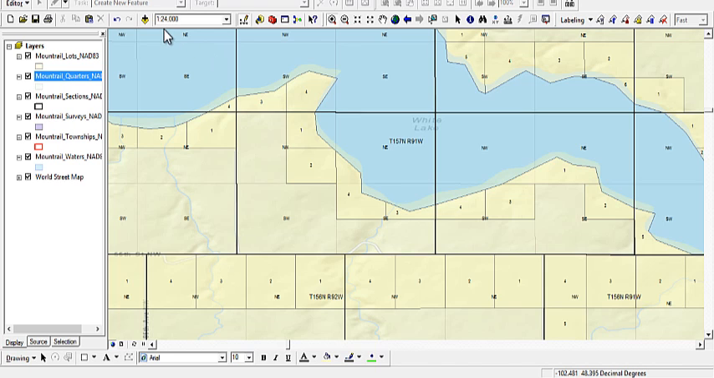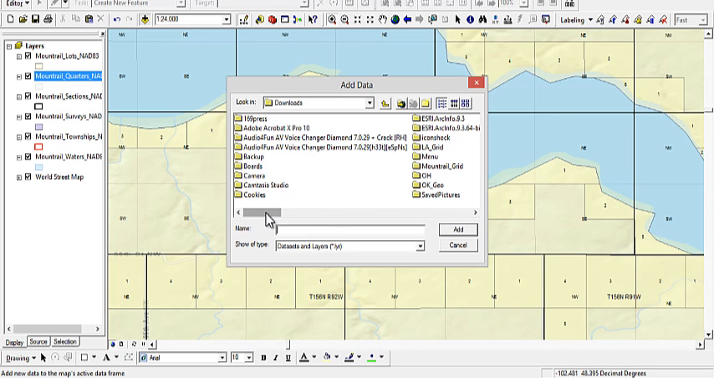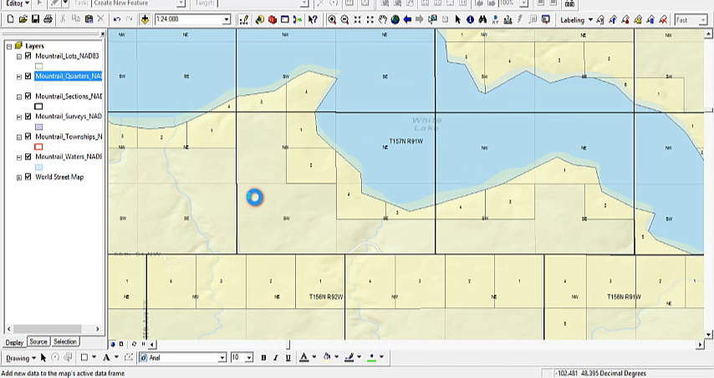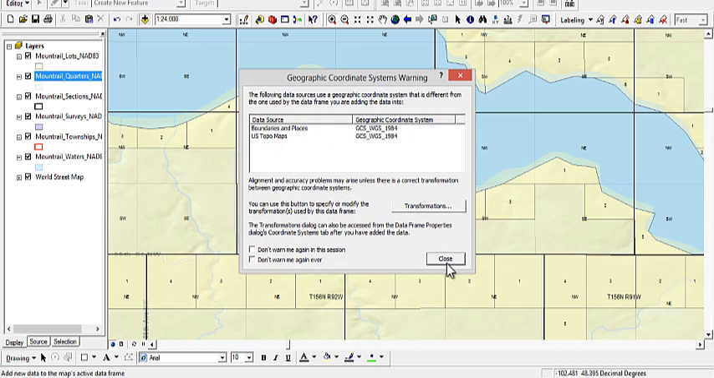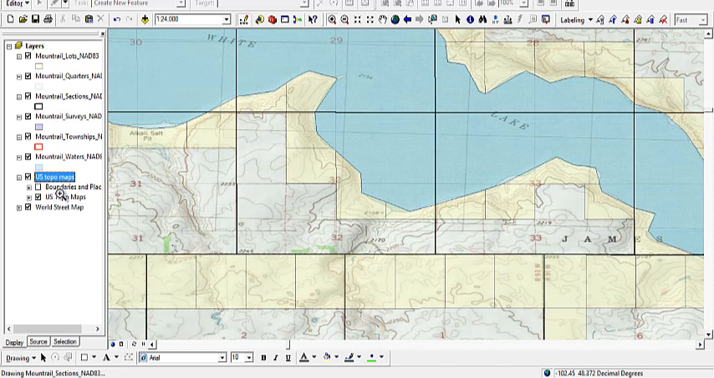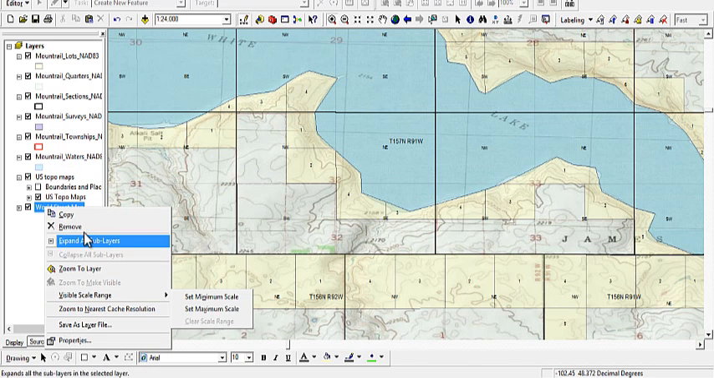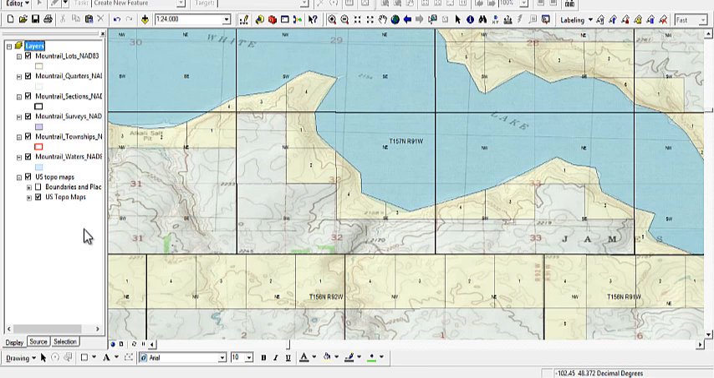So let's zoom in. We'll see our quarters again. See our nice irregular lots around the lake. Let's go ahead and bring in another layer from ArcGIS Online, the topos. So with the 1 to 24k USGS topographic maps, we can really have a look at the Landgrid that we're